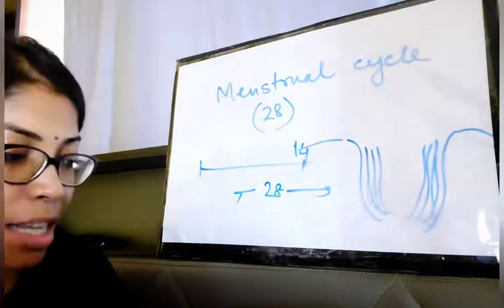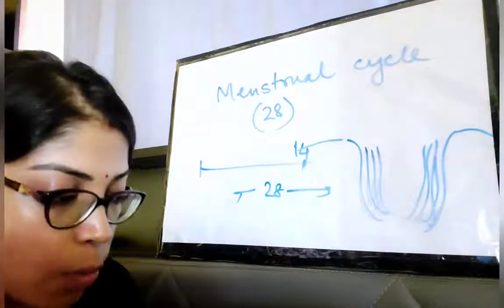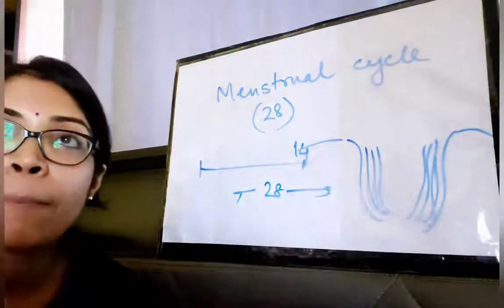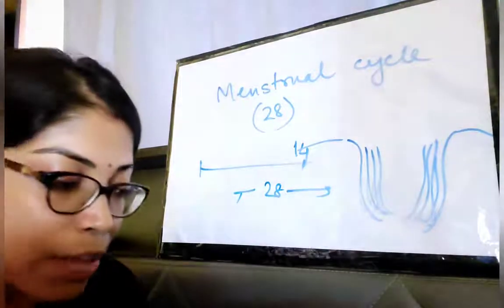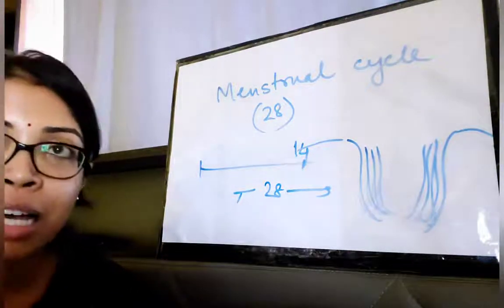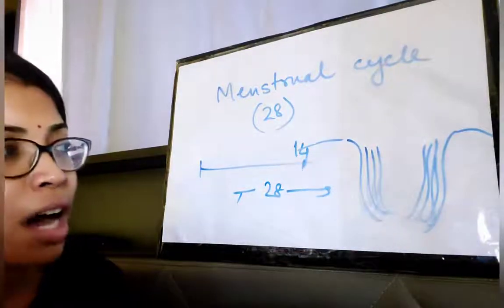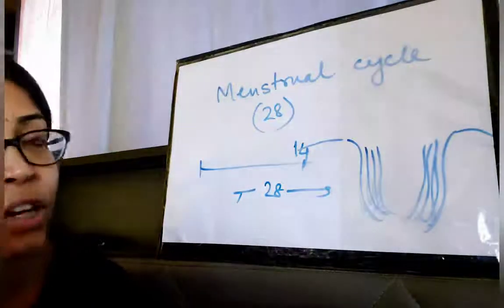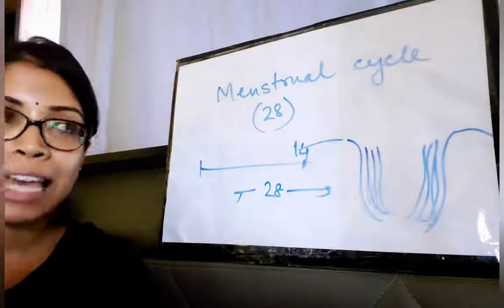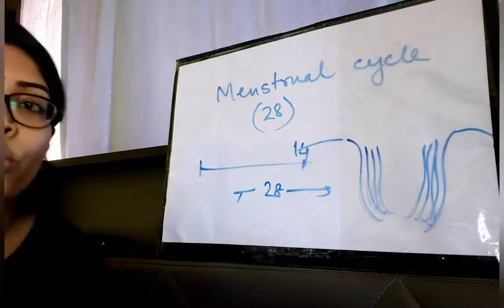Okay, see, I am reading again. Before the release of the egg, which is on the 14th day, the inner wall of the uterus gets thickened. How? By the deposition of tissues with an increased supply of blood to receive the fertilized egg. So increased supply of blood occurs on the inner wall of the uterus, and as a result more tissues are there, which forms the inner layer of the uterus quite thick, and this helps to receive the fertilized egg, and thus the egg will come here and get implanted here, and thus will grow here safely.